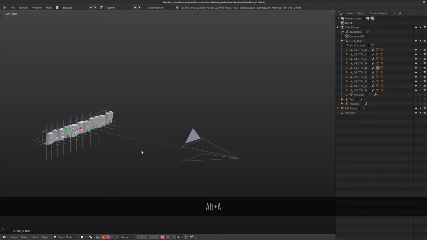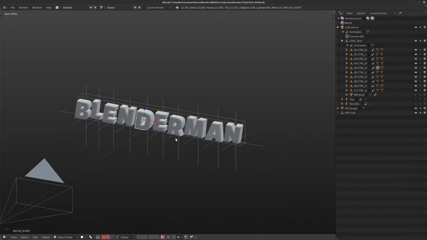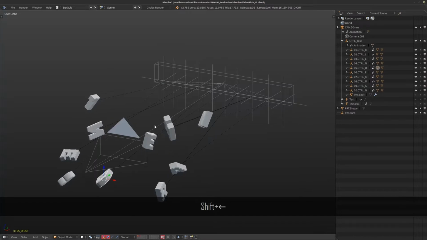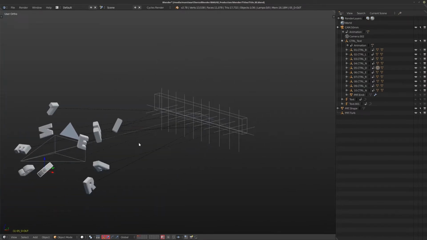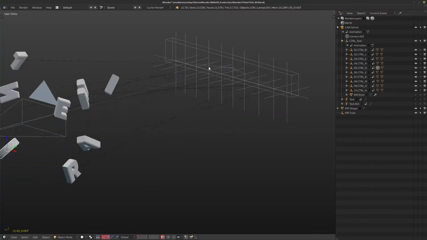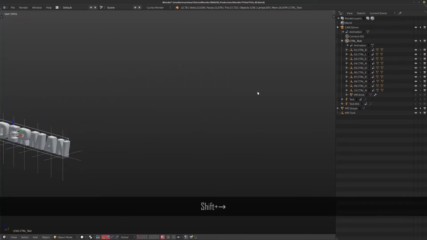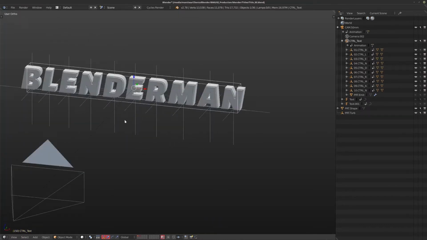So as you can see, they're moving in, and there was a little bit of work involved setting this up, but I'm going to show you exactly why I did this and how I did this. So first of all, everything is linked to the camera, but we're going to ignore that for now. I just want to show you how the text is linked to different parts. So I moved to the end of the project here, and you can see the Blenderman titles.